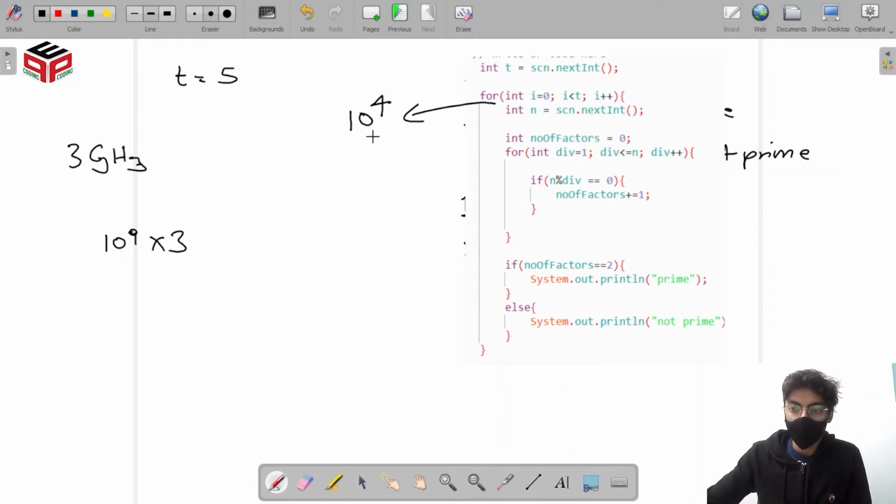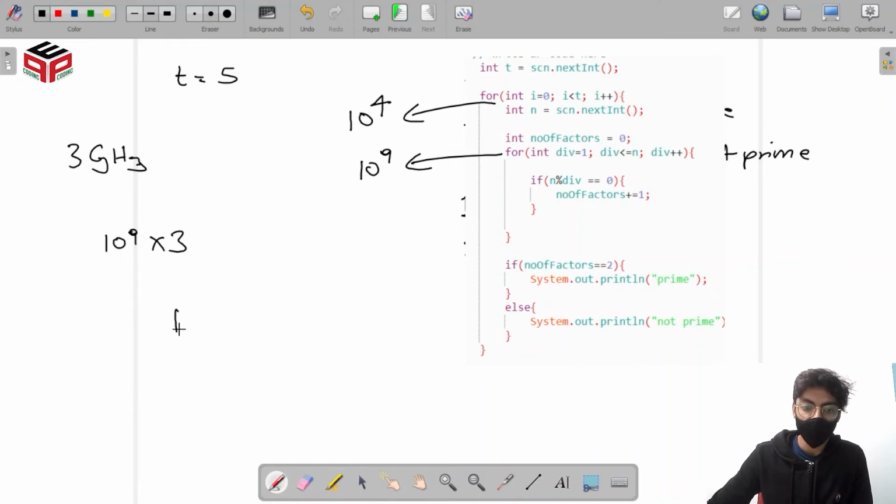And the problem with this is that the inner loop will run for 10 to the power 9 at the worst possible case, which is what we'll be executing here, which is the test case that is failing.